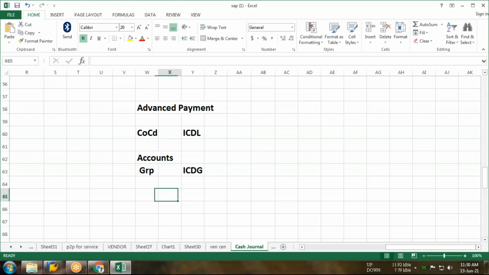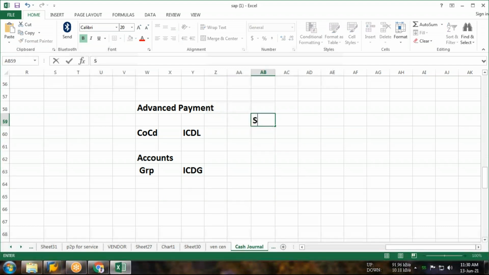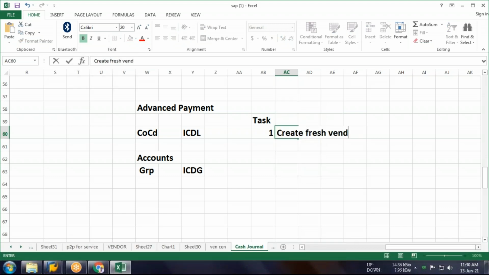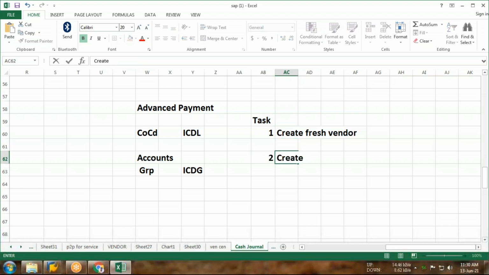Okay. So what you have to perform? Task. आपका task क्या है? आपका task है task number 1. Create fresh vendor. Okay. Number 2. Create advance to vendor GL.